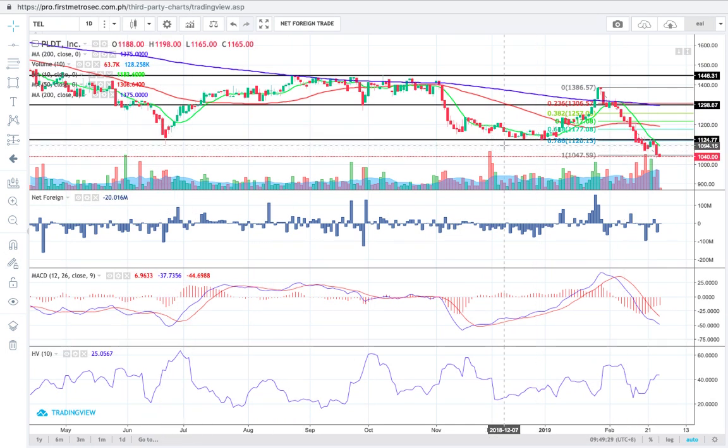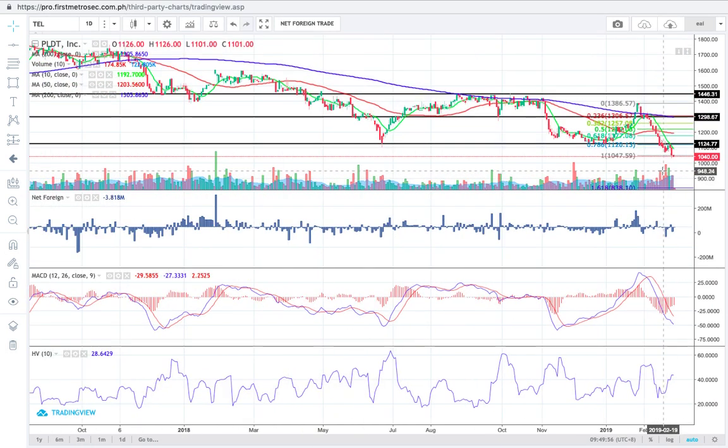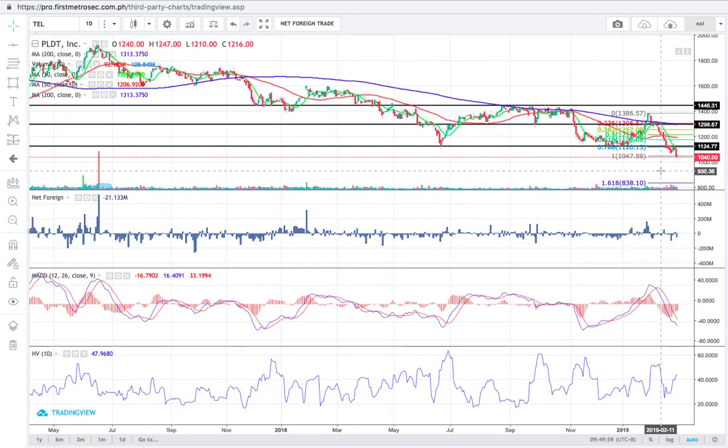It was respected again sometime in the first one or two weeks of February last year. It bounced away from the 1120 level, but sadly, last February 15, it chose to continue its downward direction. So the support at 1120 to 1125 level was disrespected, was not observed. And for me, it makes me all the more interested to just wait for PLDT to inch closer to 800,